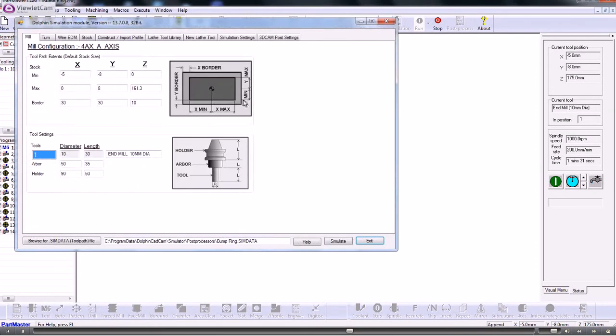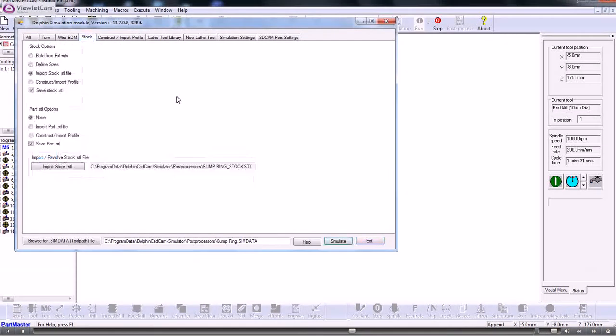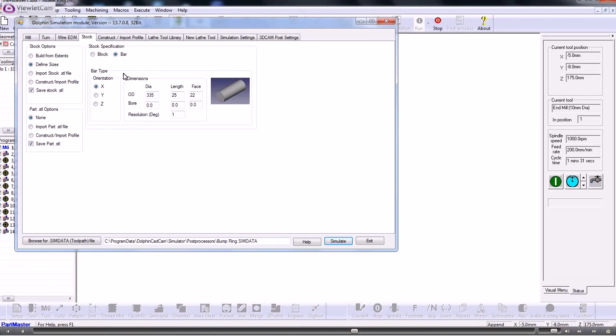So when we're doing that, we need to set up the stock. So I'm going to define the sizes, and it's a bar, so you give it the outside diameter of whatever size. I made it slightly bigger. The length is just the sort of the thickness here, it doesn't really matter, but the face is just a few millimeters away, just so that you can see the cutter going into the material. But don't forget, this is just for simulation, this is not for actual cutting. So when you come to simulate it,